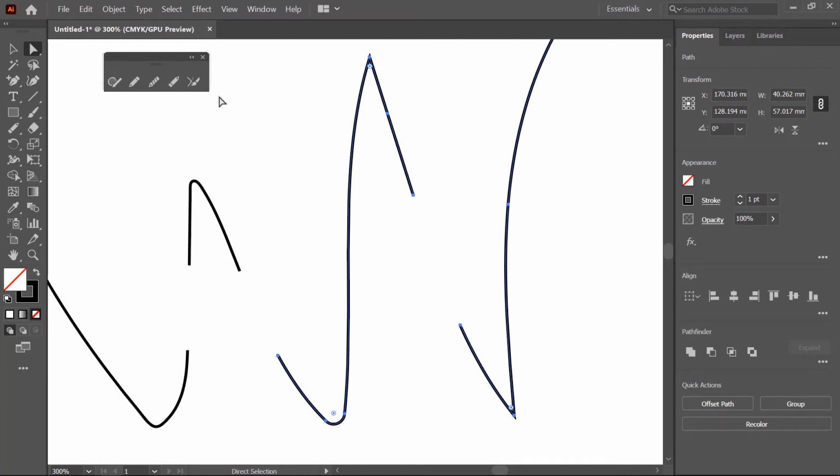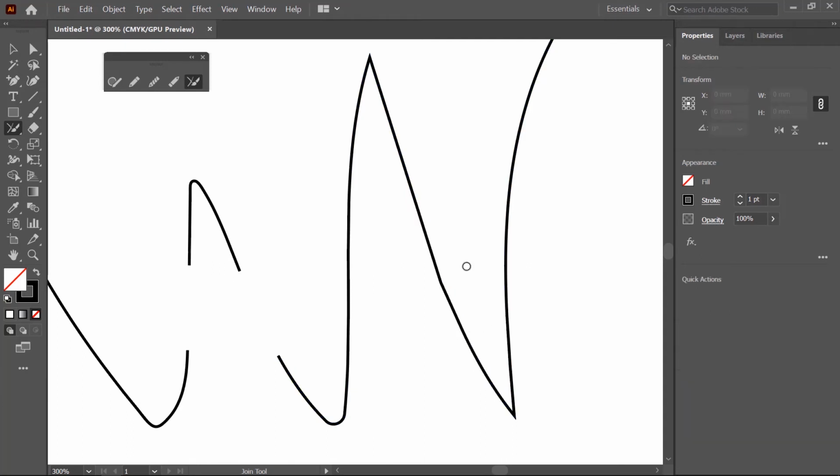And the last tool is the Join tool. If you want to join these segments, you can use this tool. So first I click and activate this, then click and drag and create a thick line. When you release this mouse, a join is created like this. So it's also very easy. If you click and drag and create a selection like this, the path will be created in a straight form.